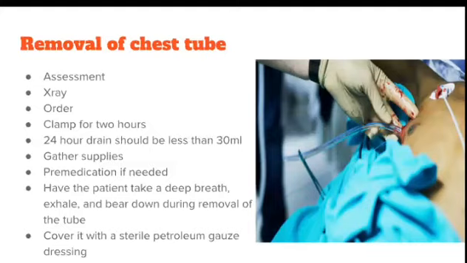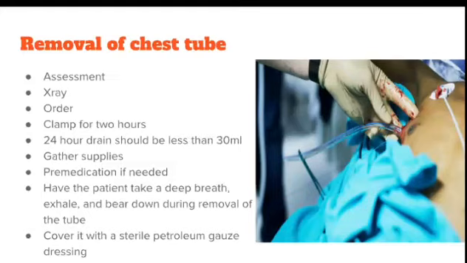Removal of the chest tube. After the need is attained, we remove the chest tube. Before removing the chest tube, we have to assess the patient's lung fields, whether they are clear, and an x-ray should be confirmed to check whether the purpose is attained. Watch for the written order we should get from the physician. Clamp for 2 hours. Some doctors prefer clamping and releasing to check the drain and the patient's condition. After clamping, you have to monitor the patient for any signs of respiratory issues.